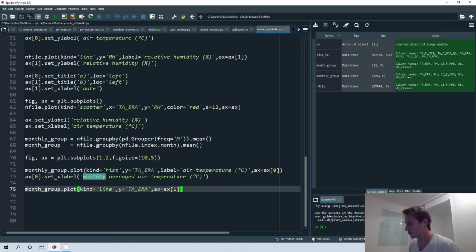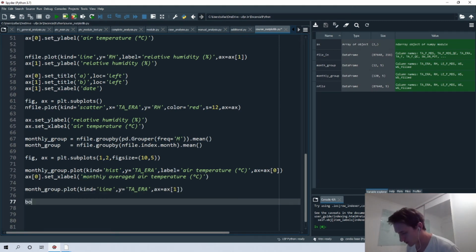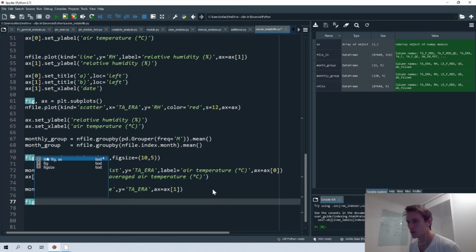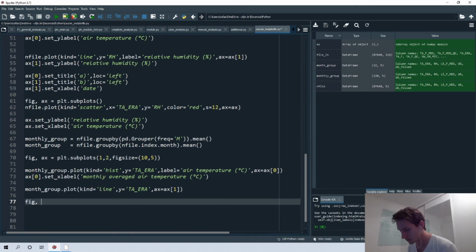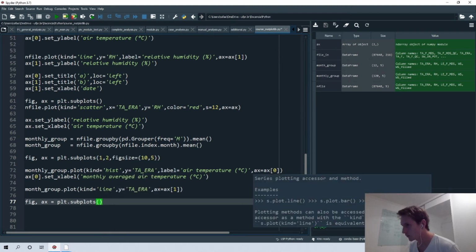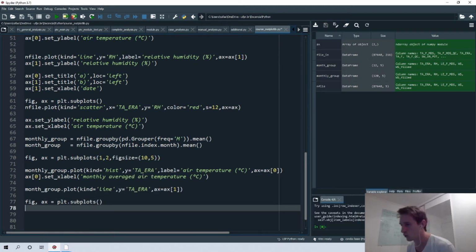I want to show you the box plot too. For the box plot, we actually want a new figure. So fig, ax, and then plt.subplots. We have only one graph inside that figure, so we don't need to worry about that.